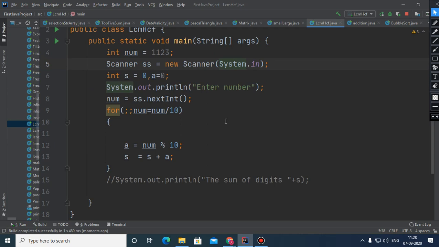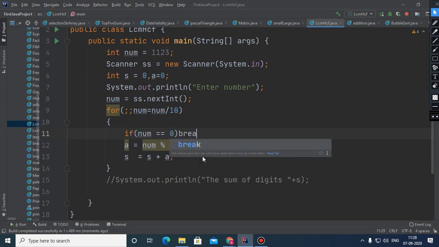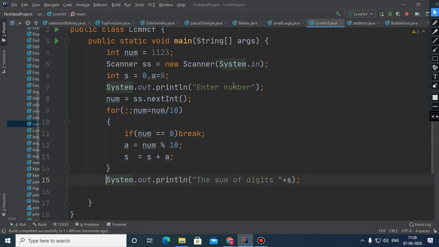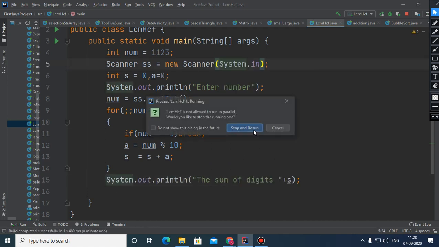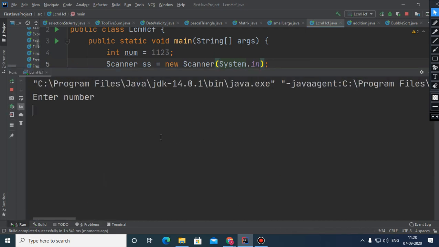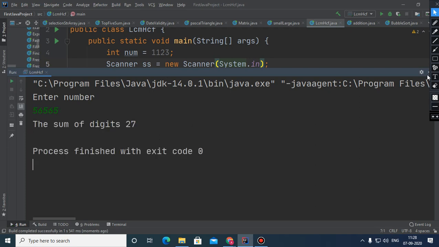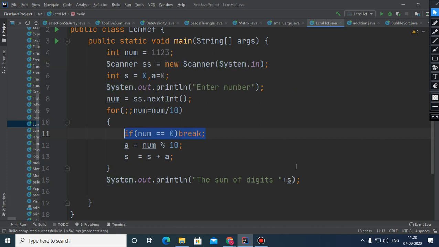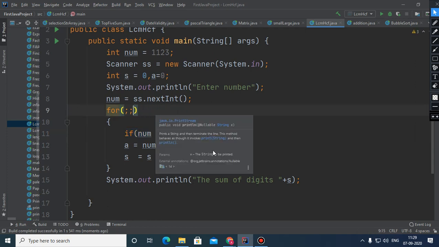In order to remove that situation, we need to write either this or specify that condition. Because when a loop is going, there must be a condition which specifies how long the loop will go. If this condition is missing, definitely the loop will become a never ending loop.